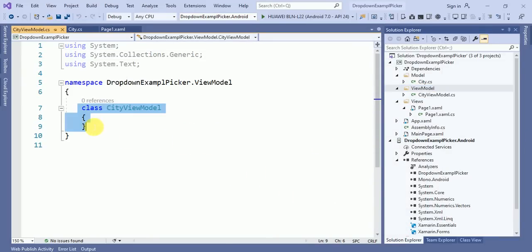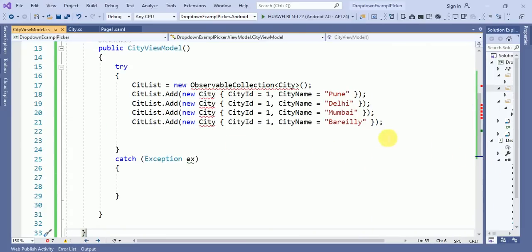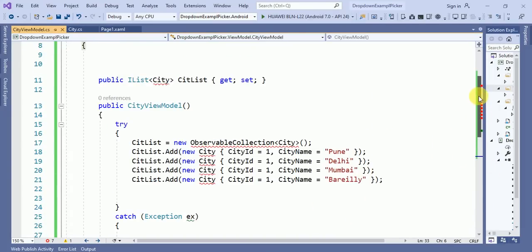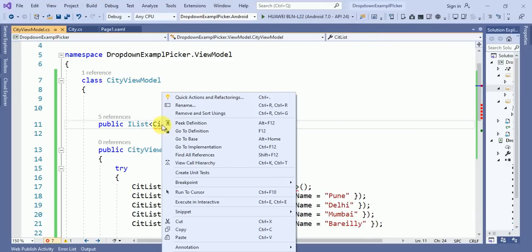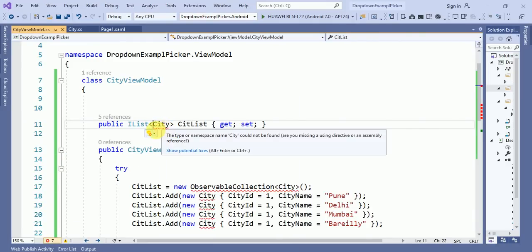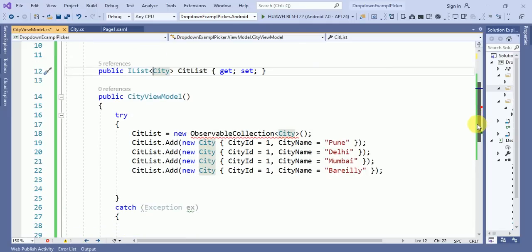In this ViewModel, what I have done, I'll let you know step by step. I created a ViewModel over here, and here I have created a constructor of the ViewModel. So this is our city. Here I will add a namespace.